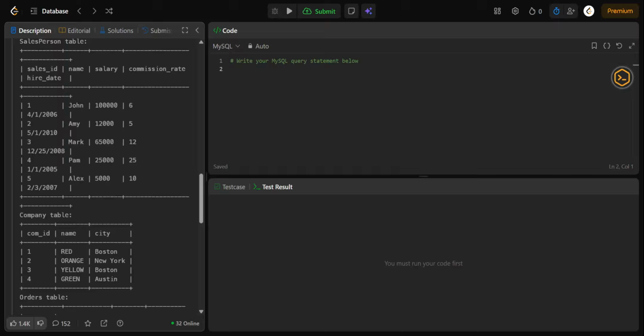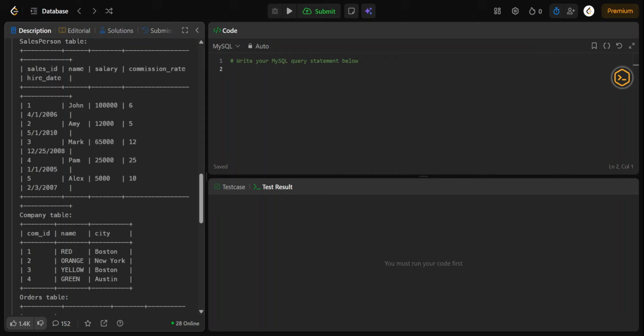So how should we think about this problem? Instead of writing the final query immediately, we will solve it step by step. First, we need to find the company ID for RED.